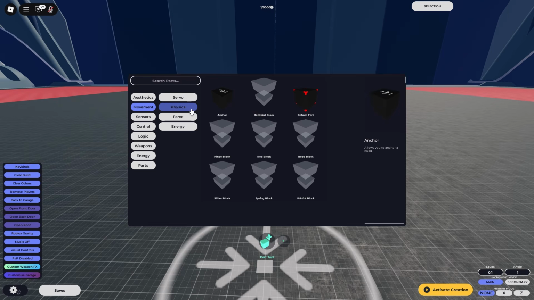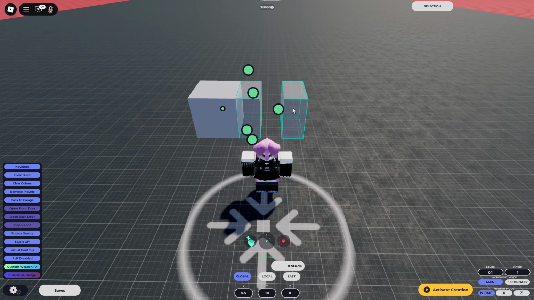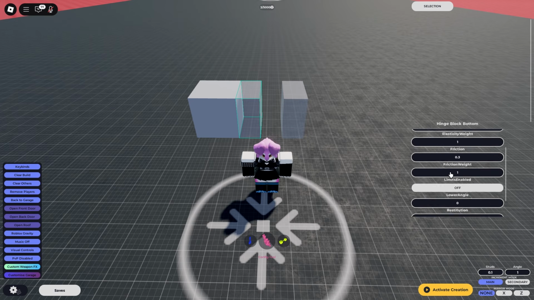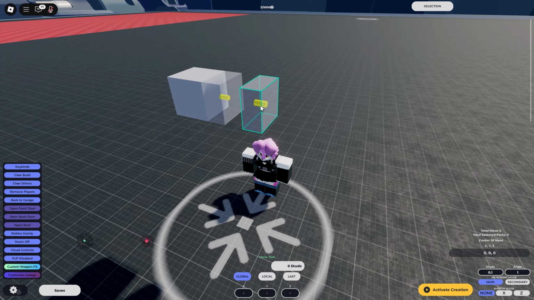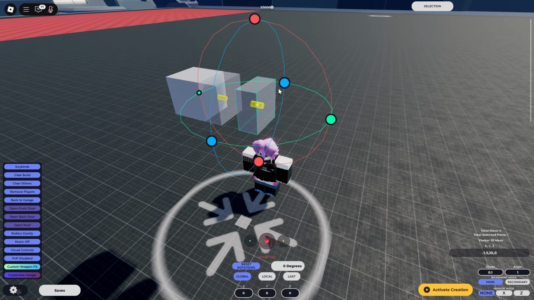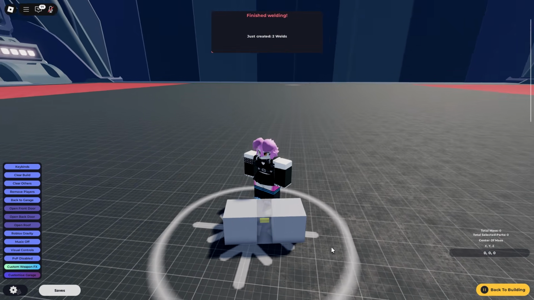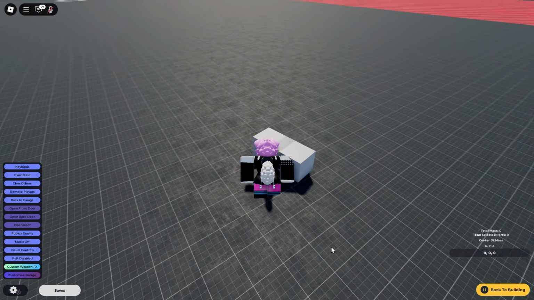Something that trips a lot of people up is joints. All joints in the game have two sides like this. If you press 6 for the config tool and you click on either side, you can see it has a top and a bottom. The bottom is going to have all of the configs for the joint. You can press Ctrl T, so I can see that this is a hinge and it will rotate along this axis. The way that joints work, when you activate, they will snap together and the joint will act in the center. So for example, this hinge, you can see